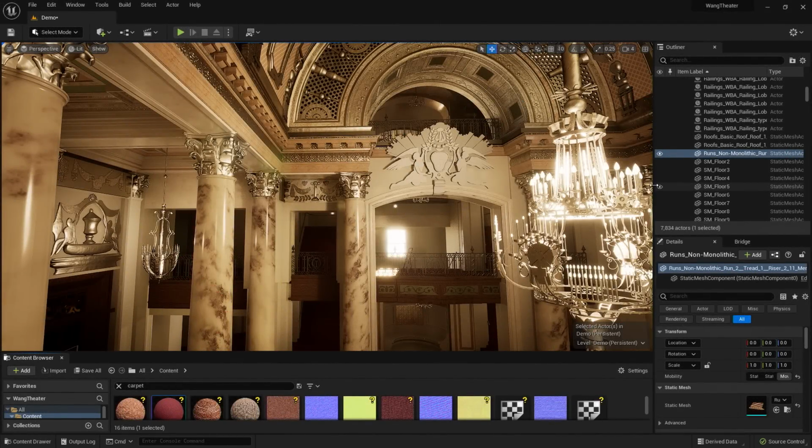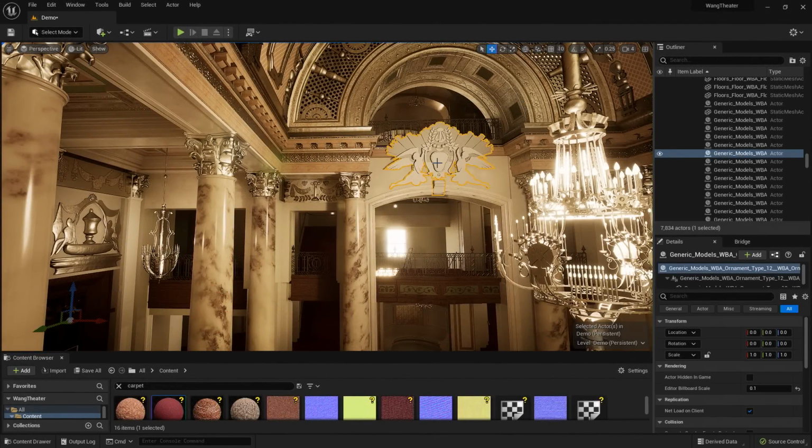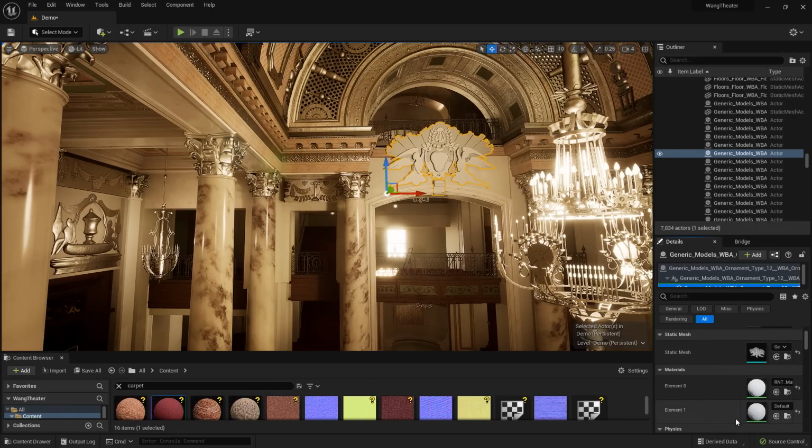Now when I jump back into Unreal Engine and I select that geometry, you'll see that we have two materials now, and that extrusion now has that default material. Now this is one way of working with your Revit model, but we wanted to provide creators with different options for working with their models.